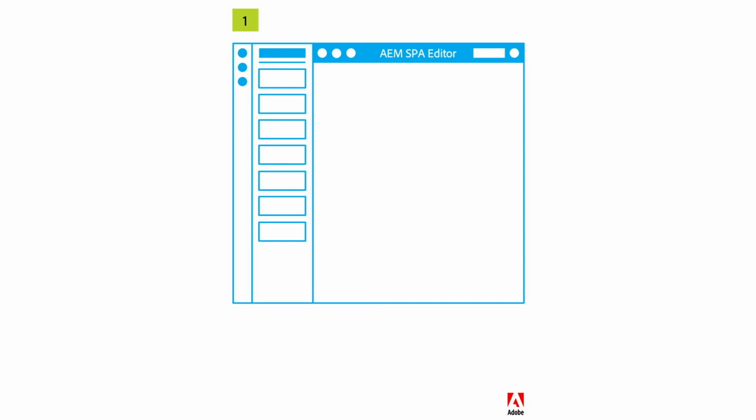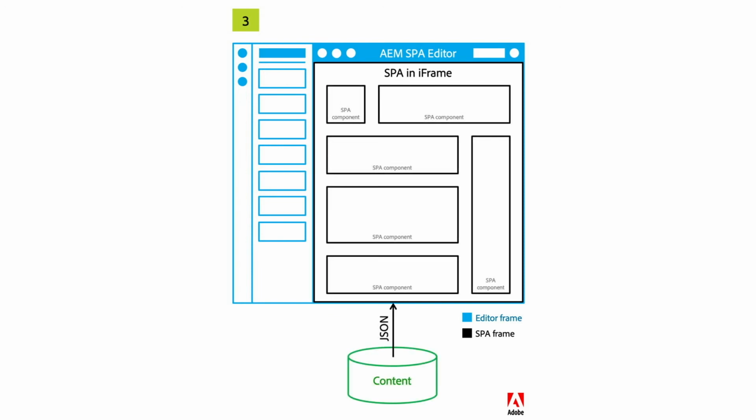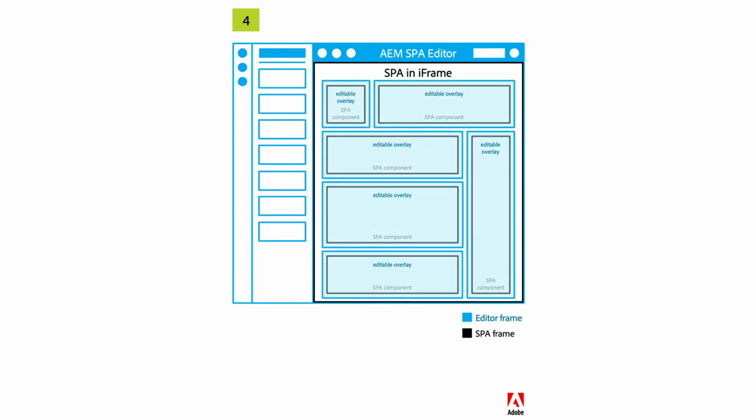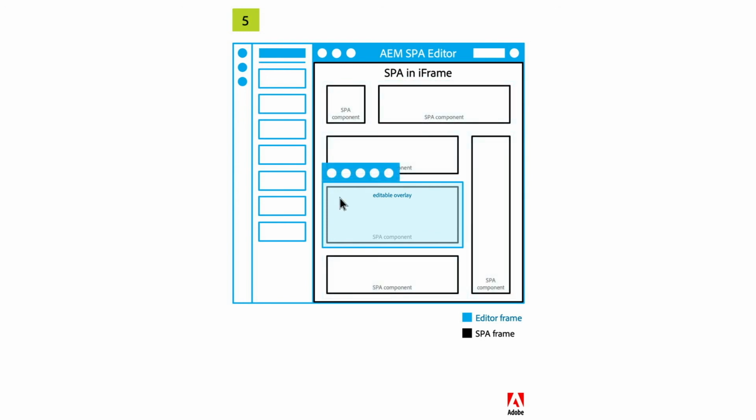Inside of the editor, there's an iframe, and that iframe is populated with some single page application. For Adobe, they only support Angular or React. On that page, we would have a series of components in whatever that framework is, and those components would be powered by content coming from the Adobe Experience Manager. In addition, there's an editable overlay that's only visible when you're viewing the page inside of the SPA editor. This is a little bit of code that's added around the components inside of the page so that the editor knows what should be editable.